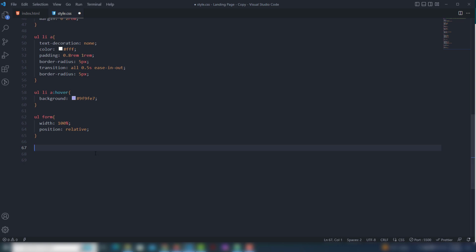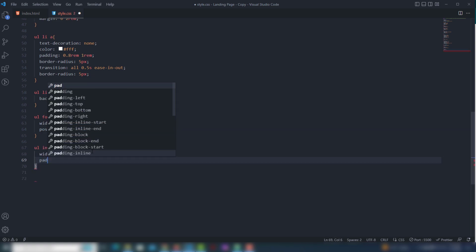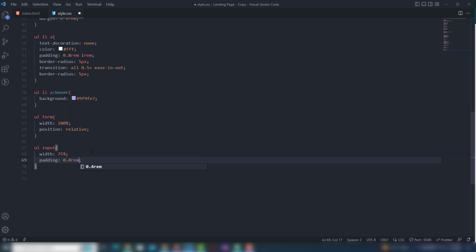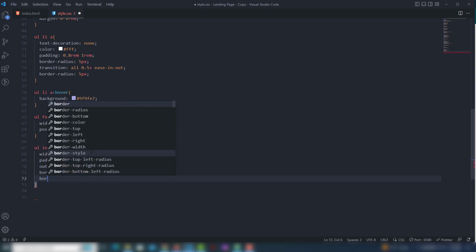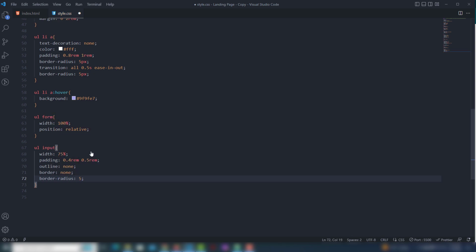Then I'm going to select the ul input field, and I'm going to use width 75%, padding top and bottom 0.4 rem, left and right 0.5 rem. I'm going to use outline none, border none, and border radius 20 pixels. Then I'm going to select the ul